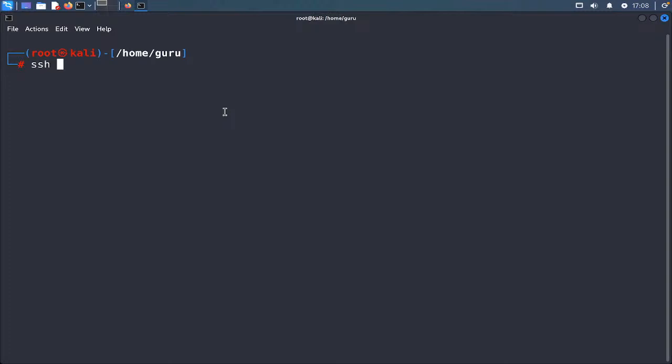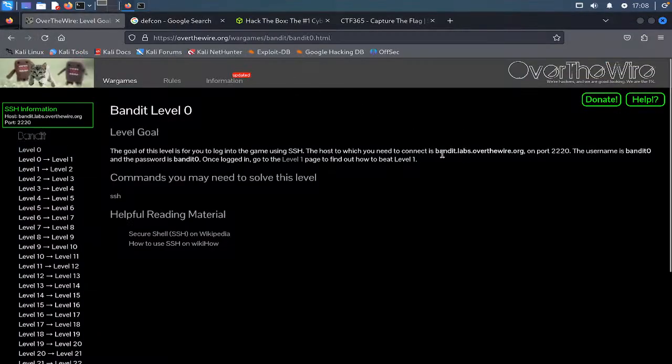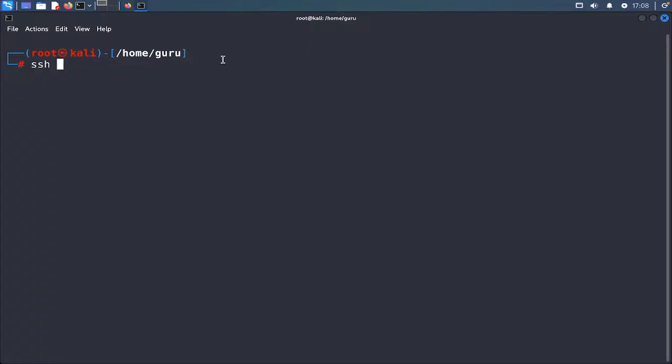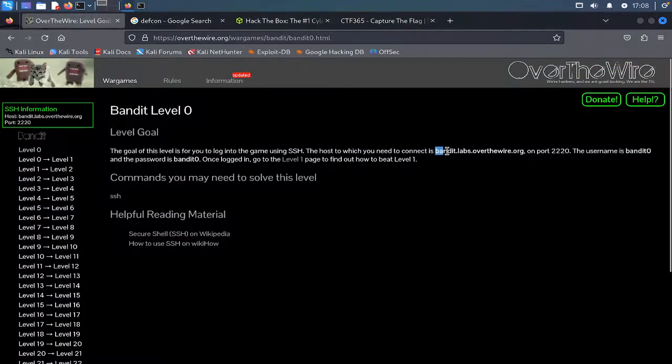In order to complete this level, we are going with SSH. After that we need a username, which is bandit0. So I'm going to copy bandit0 and paste it here, and after that the at sign. Here you can see it should connect to this server, which is this link.